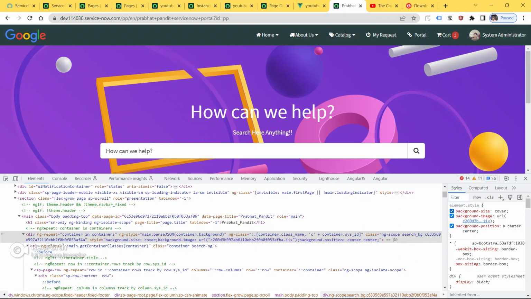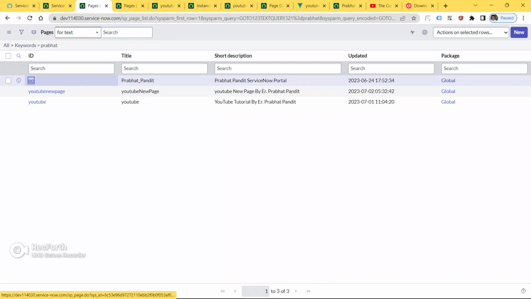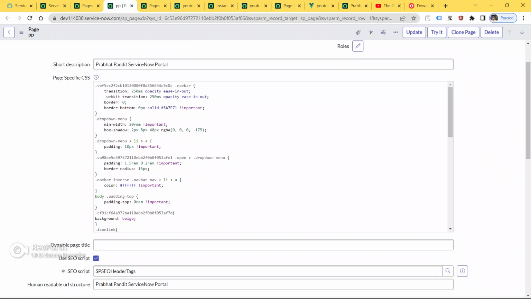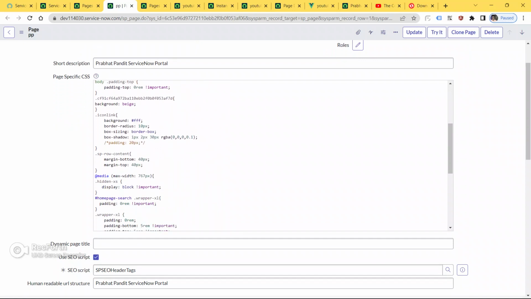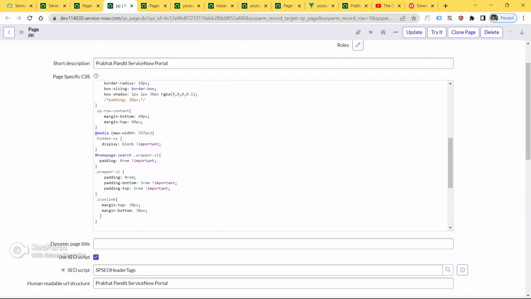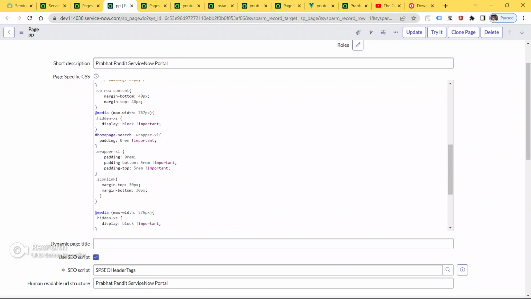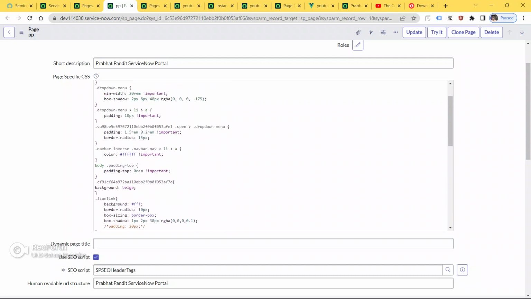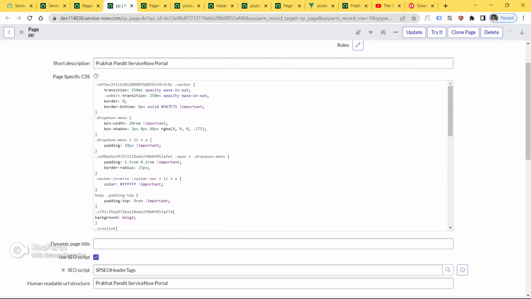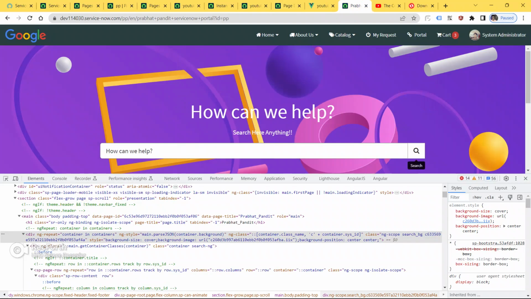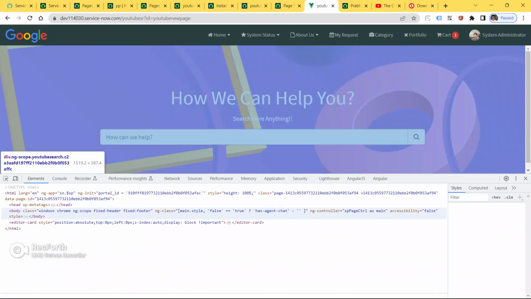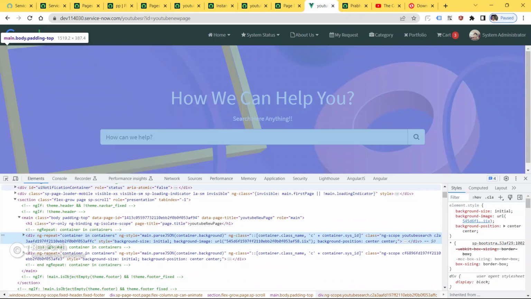Background size is cover, so let me see what the background size is. Okay, background size is cover here. Now let me inspect this one.